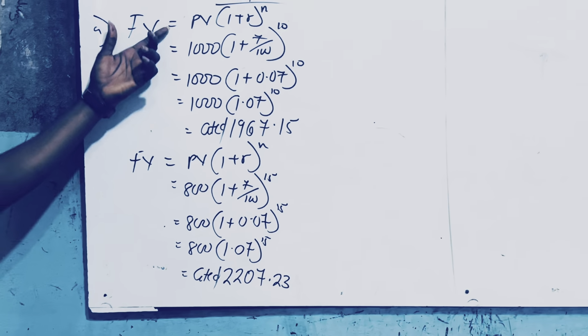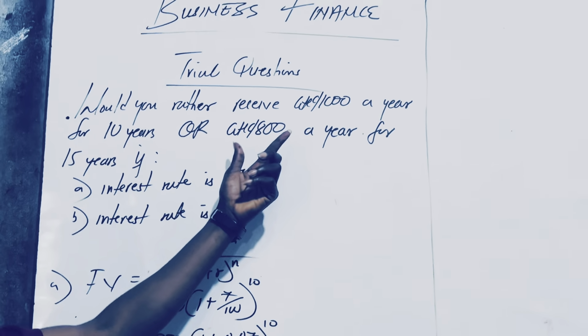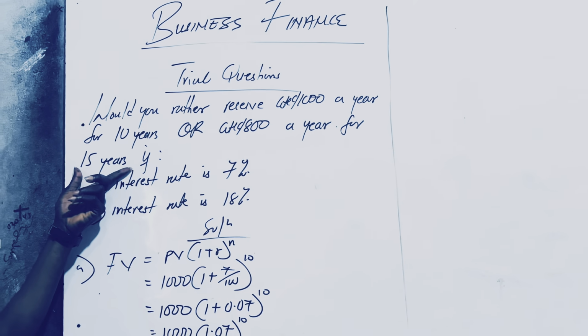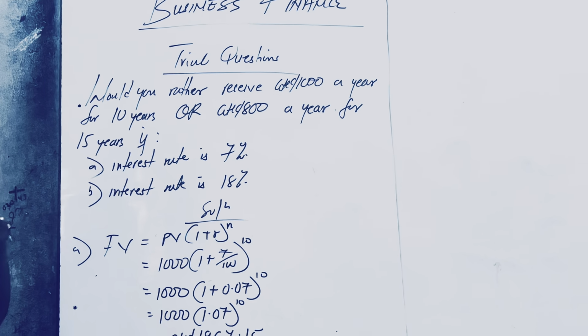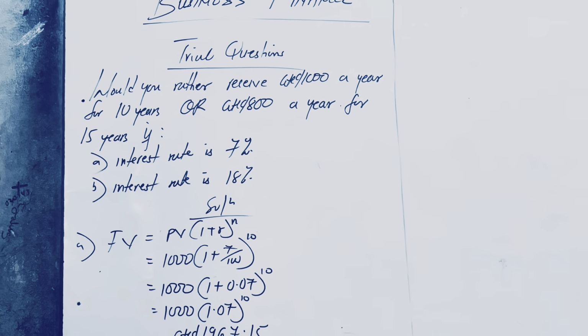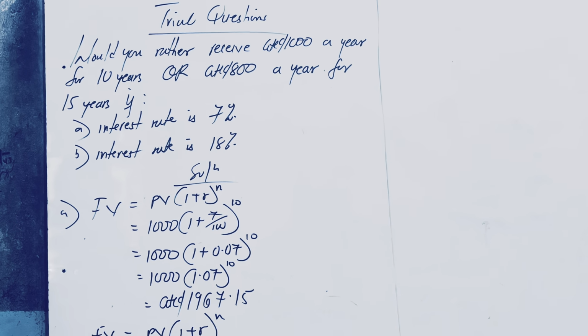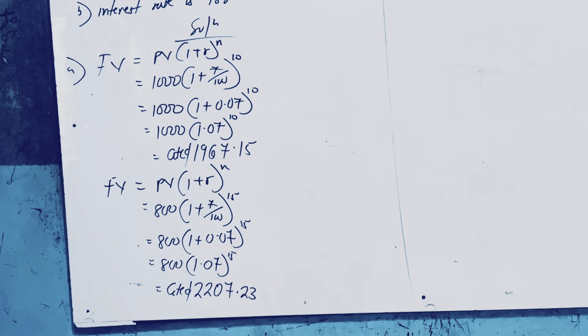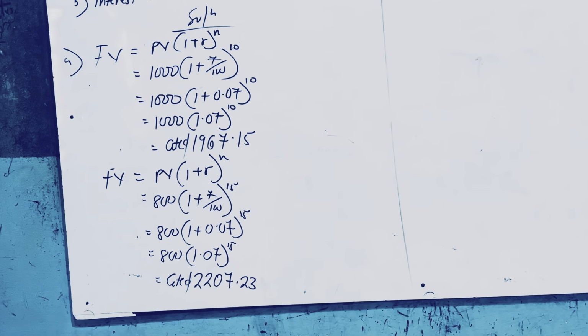Now you see, with this answer, I would rather prefer 800 Ghana cedis a year for 15 years than 1,000 Ghana cedis a year for 10 years, because you see their future values, this is giving you the higher one. However, there are a lot of factors that will go into